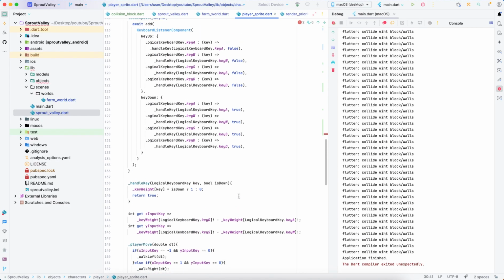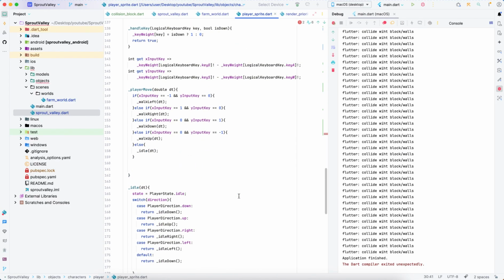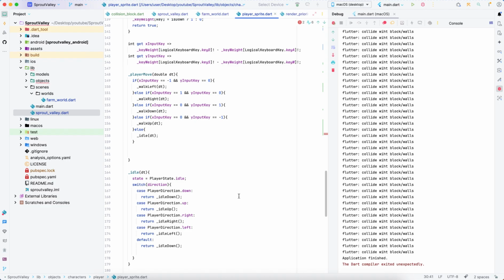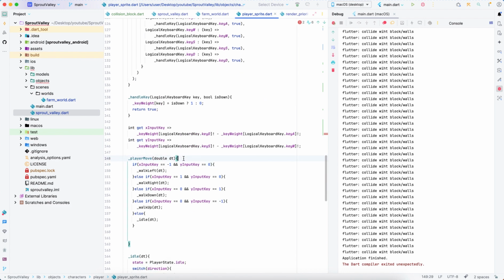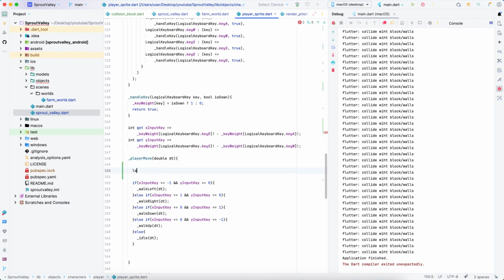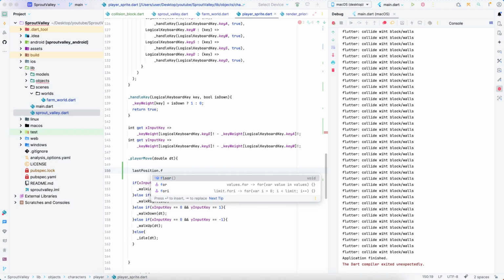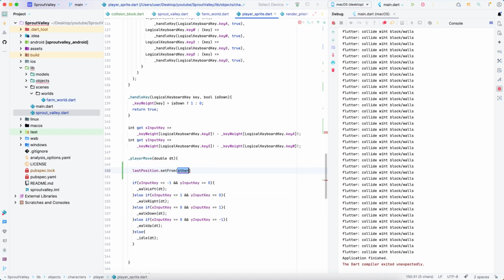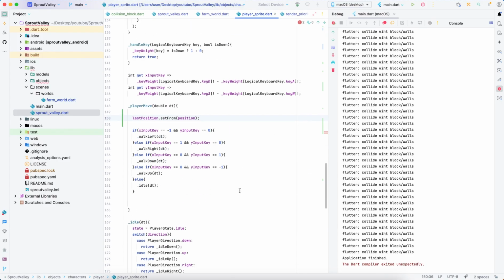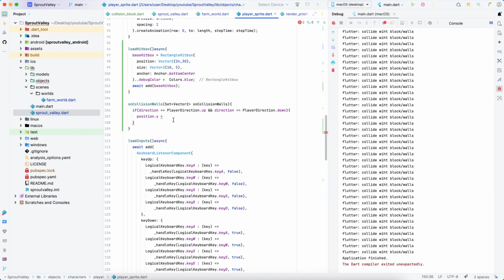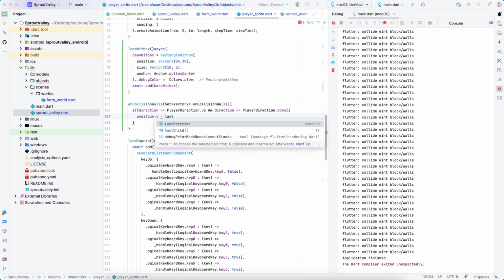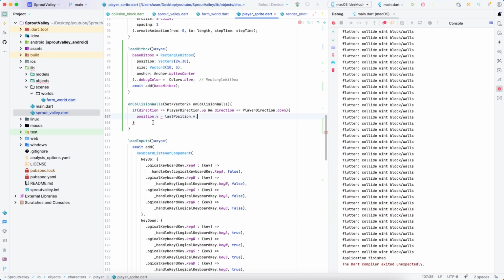Yep, and then here in player movement, I'm gonna check this here, last position, set from position. So yeah, I think that's enough. And then we need to set last position dot y, and